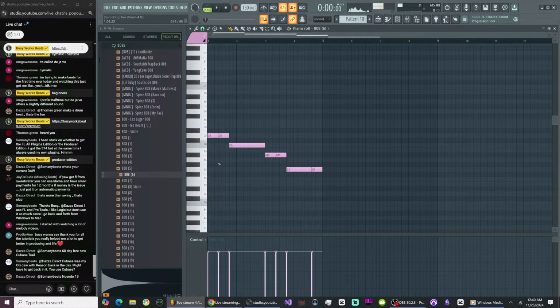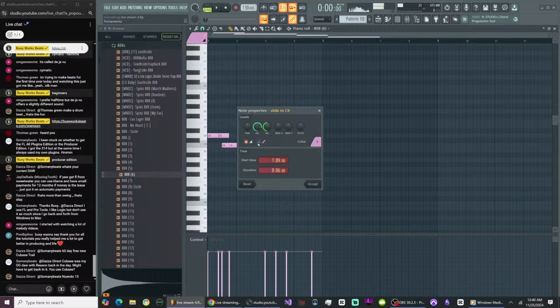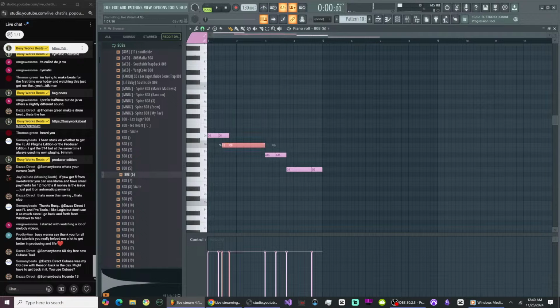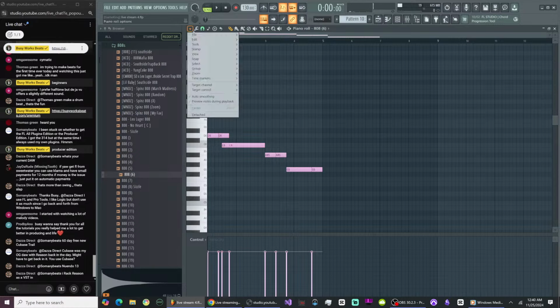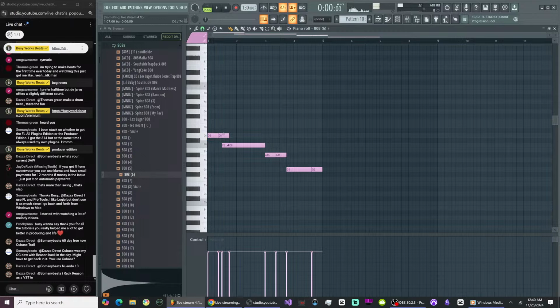So I'm gonna do the same thing here with the bass. Add these little slide notes here. Wait, where am I adding? Hold on, double click. Making sure I wasn't adding all slide notes there. So it was like ding, ding, ding, like a real bass. You don't just play notes one by one, you slide sometimes. Let's pull this down an octave.